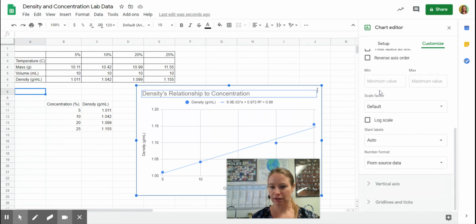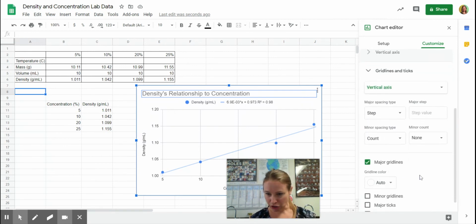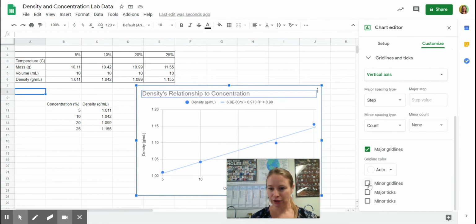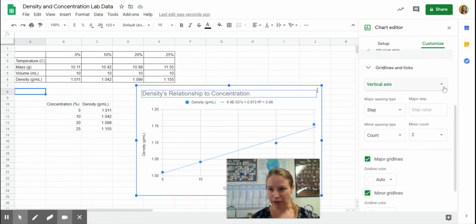Let's see, grid lines, there we go. Grid lines, major grid lines, we want minor grid lines as well. Looks good. And we also want these for the horizontal axes, show the minor grid lines as well. And that will give us a lot more